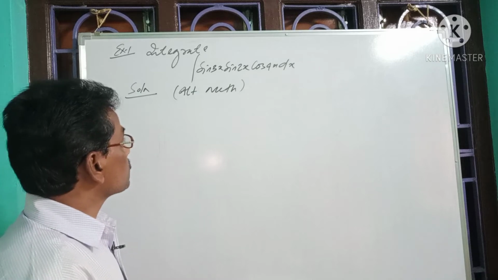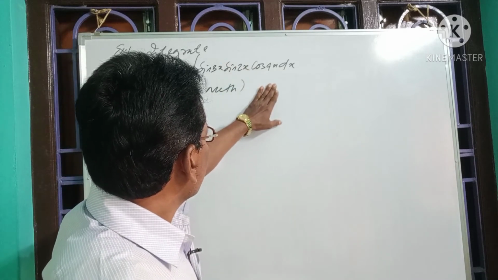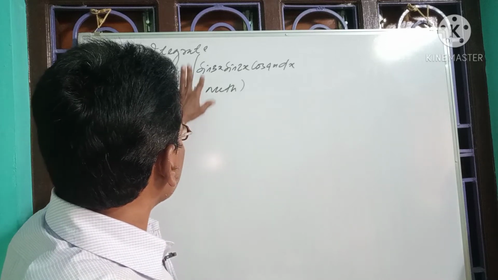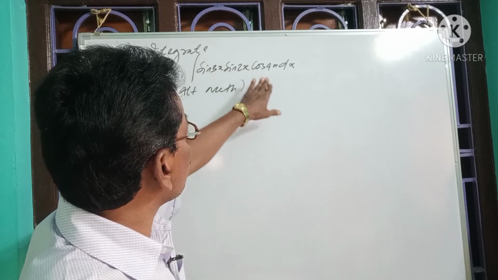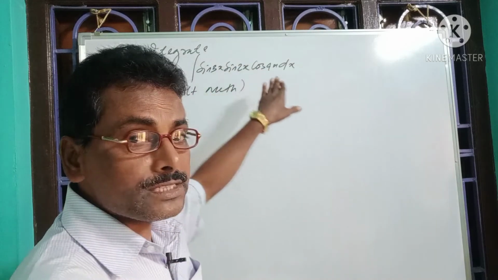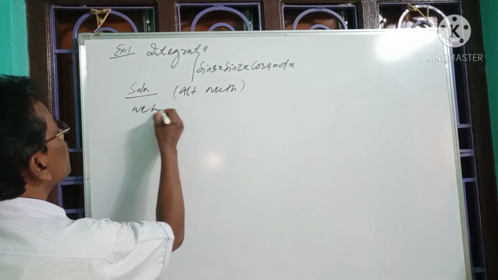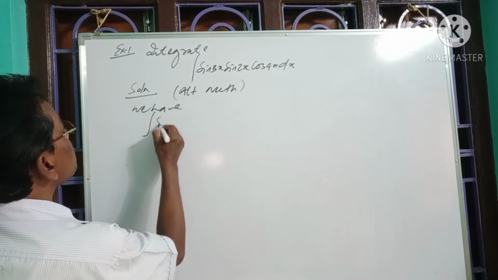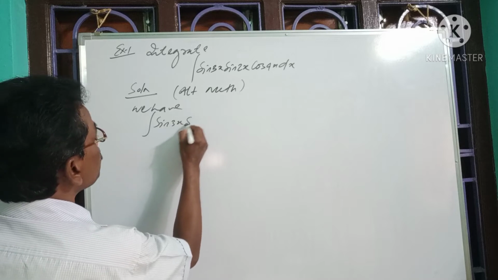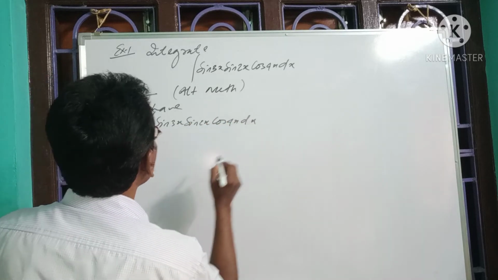Now see, the same integral can also be integrated by another method. In the first method we tried with sin 3x and sin 2x, but in the second method we can try cos 4x with sin 2x, and we will apply the same process of integration. So consider, we have the integration of sin 3x into sin 2x into cos 4x with respect to x.